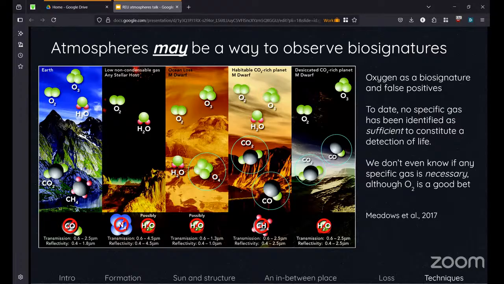Last little part about observations, getting into biosignatures. You might have seen on one of the first slides, I would love to know if there are aliens out there in the rest of the galaxy. That would be super fun. So many other people are interested in this as well. And one way we're trying to get at this question is by observing gases in atmospheres around other planets, around other stars.